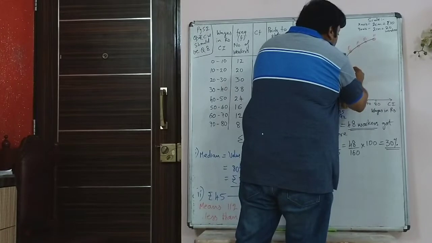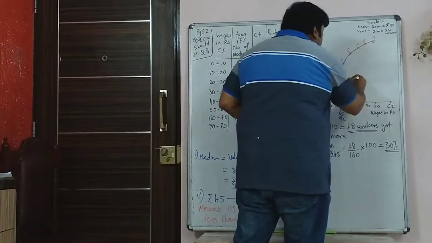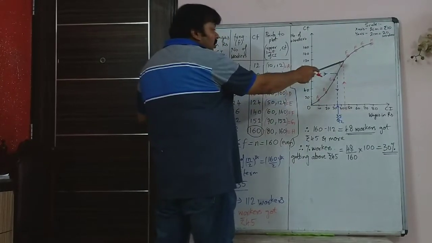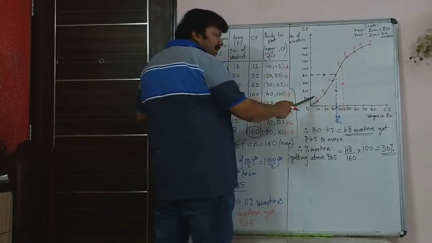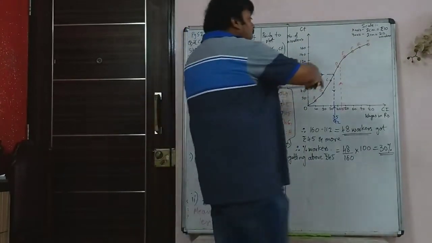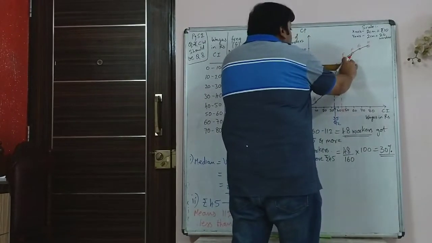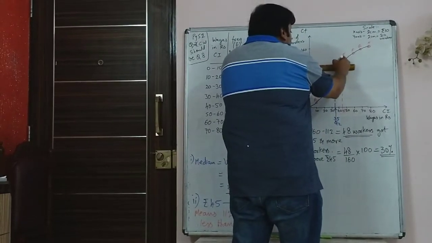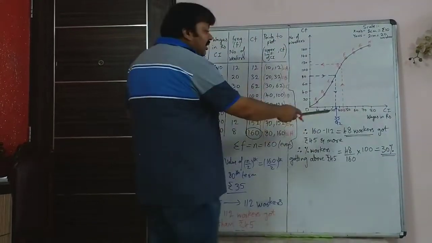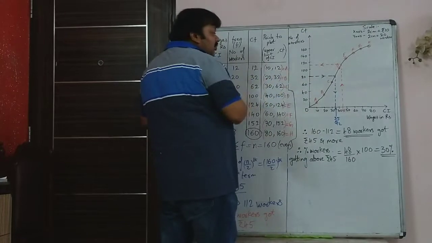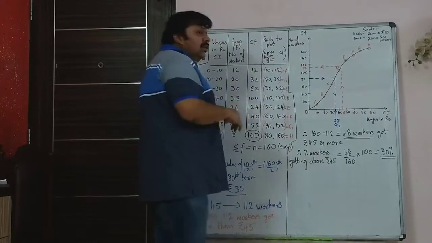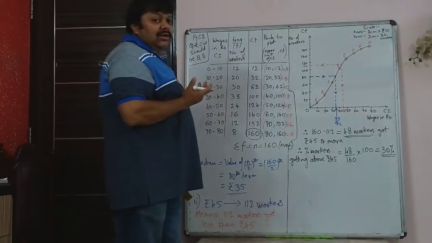From there, you draw a vertical line up. So now in this case, since you're going up from 45, you draw the vertical line up. And as I told you, I've already marked A, B, C, D, E, F, G, H like this. So now from here, I will draw a horizontal line to the y-axis. So here I will mark the arrow this way, because I went from 45 to this point. So now at this point you will get either 110 or 112 or 114.